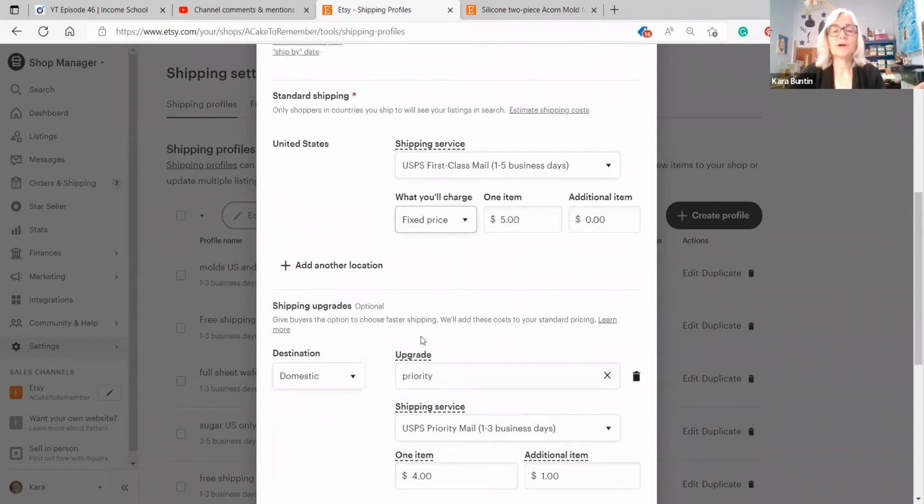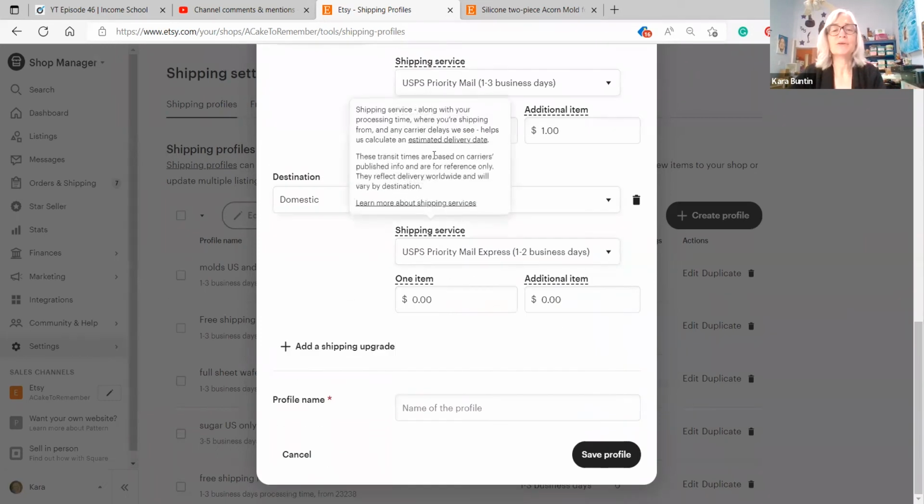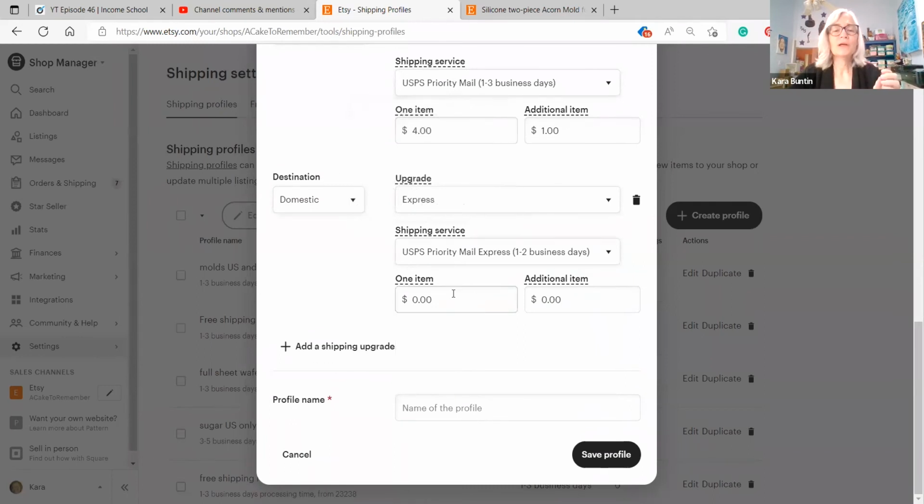So it's going to start at $5 and then it's going to be another $4. It says we'll add these costs to your standard pricing. Okay, so if it costs $9, don't put in $9, put in $4. So I know that a Priority Mail Express flat rate envelope is about $27. So if I'm charging $5 to begin with, I could put in $22 and that'll pretty much cover the